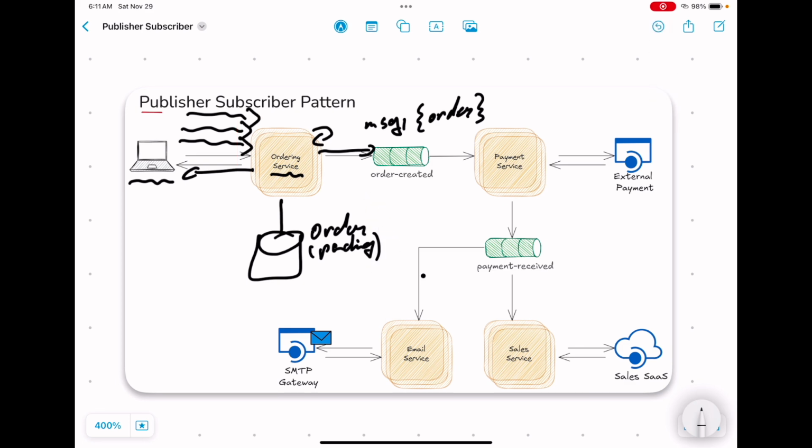It's not waiting anymore on the payment service to process your transactions. That is scalability, guys, for the ordering service. It can serve several thousands of concurrent requests following this approach. Fine. Now, the payment service, listening to that order-created topic or channel,